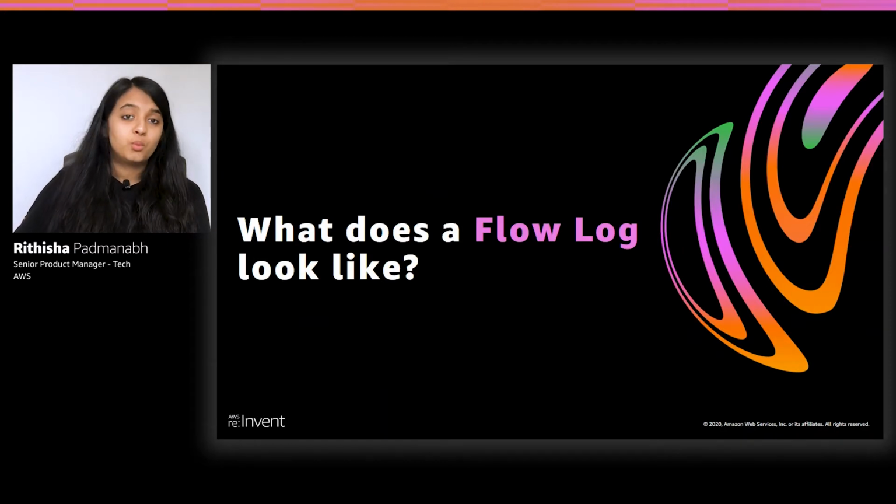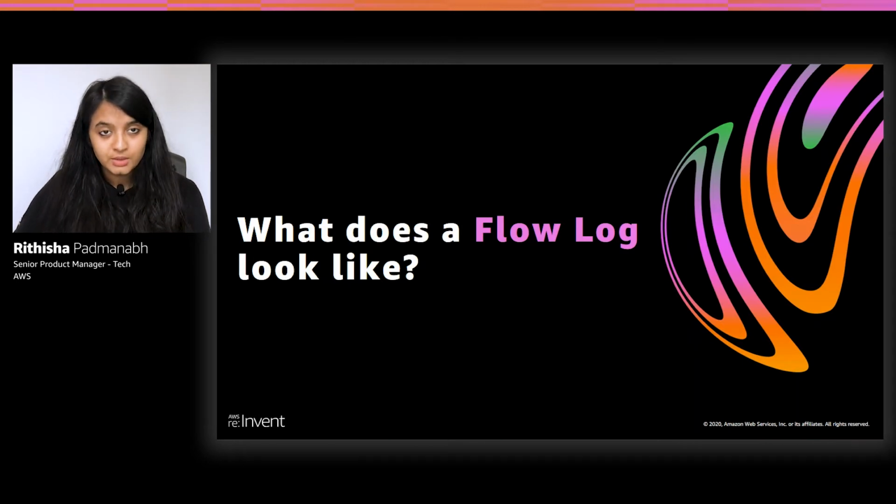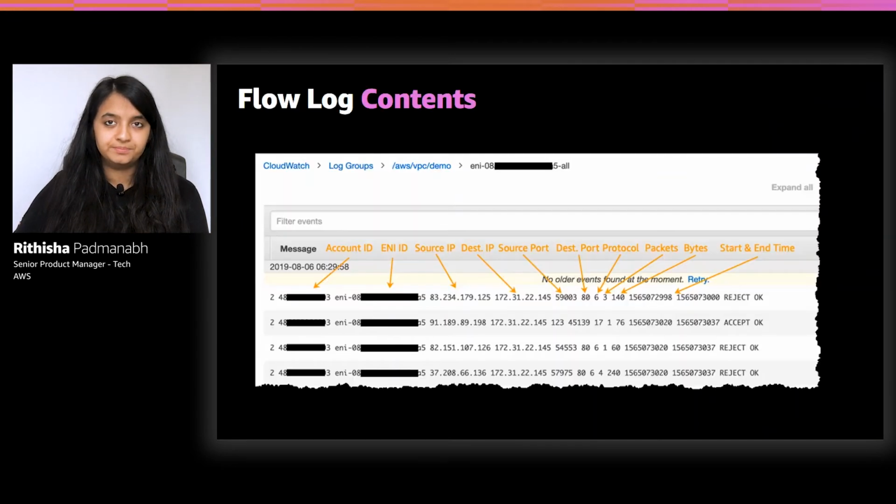Now, let's take a look at what a flow log actually looks like. Your flow logs are comprised of flow log records, which are essentially log events, right, consisting of metadata fields that describe a traffic flow or a 5-tuple within a certain aggregation interval. For example, these are a set of flow log records comprising of the default metadata fields. So you see information about the 5-tuple, the number of packets and bytes that have been transferred between the start and the end timestamp, which defines the aggregation interval. You also know whether the flow was accepted or rejected, and then the account ID and interface IDs as well.